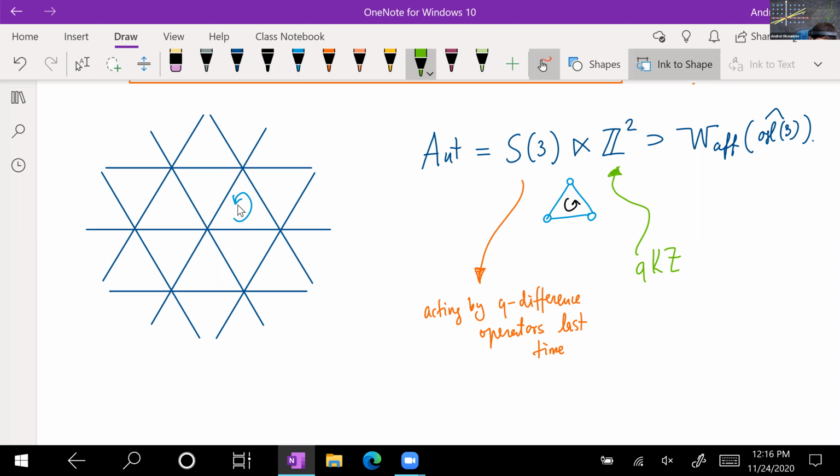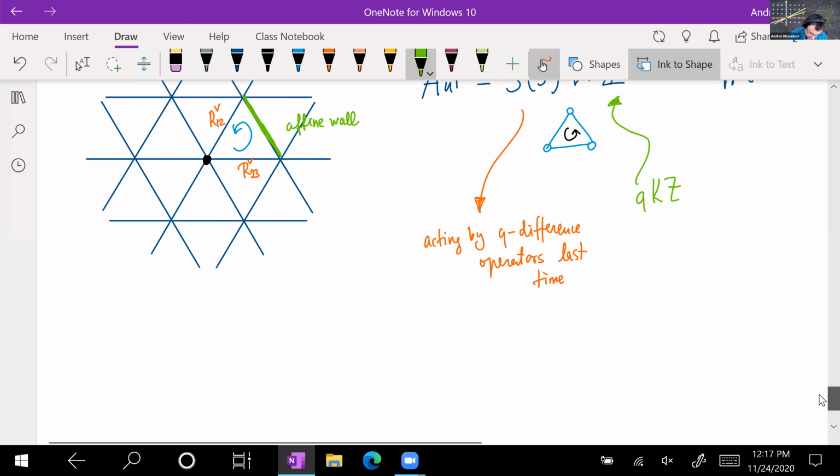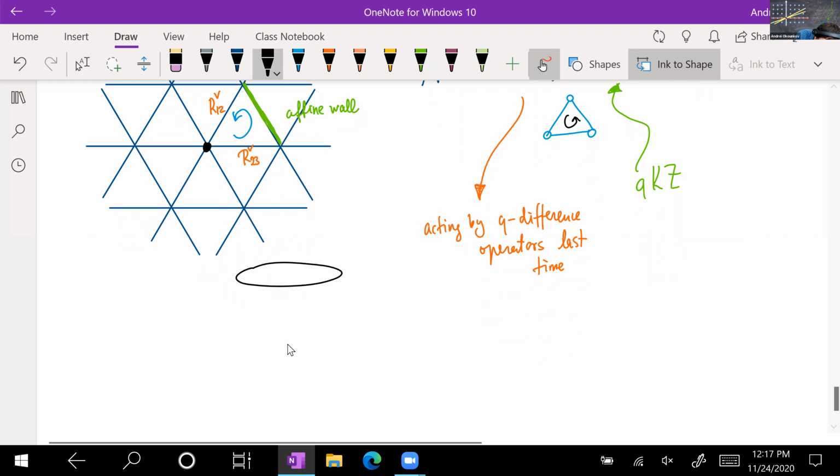So here we had, of course, the R matrix R1,2. Here we had the R matrix R2,3, or maybe R check because it also permutes the coordinates. But this guy here, the affine, let's say this is the origin here. This is the affine wall. And what does the affine wall correspond to? The affine wall corresponds to the fact that when we had the cylinders,